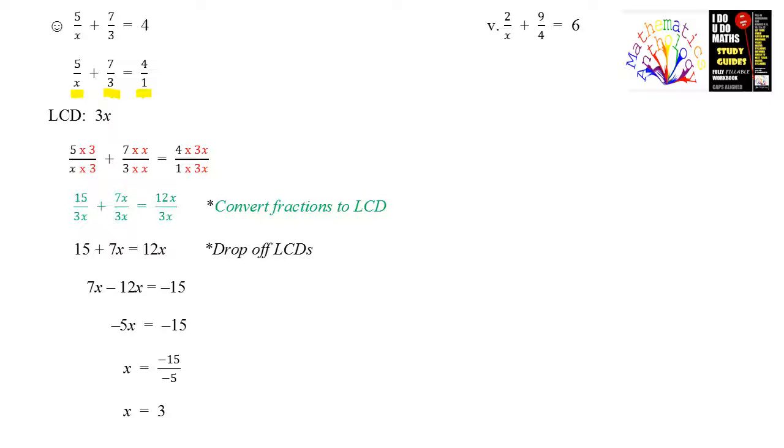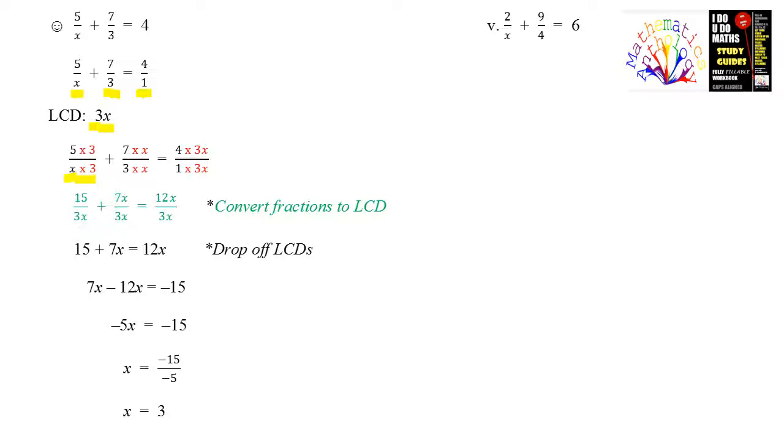So I need to find the LCD of x, 3, and 1. To find the LCD when you have variables and constants, you need to find the LCD for the constants and the LCD for the variable separately. So the LCD for my constants, 3 and 1, is 3. And the LCD for my variables, I only have x, so my LCD is x. So my full LCD is then 3x. So I need to look at each fraction now to see what's missing from the denominator. My first fraction has an x only. I need 3x. So x times 3 will give me 3x for my first